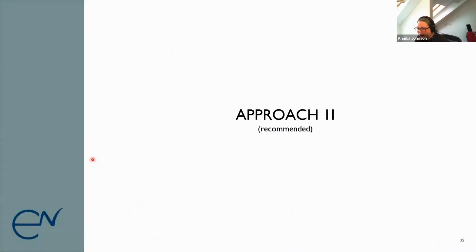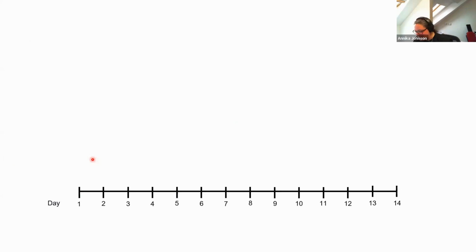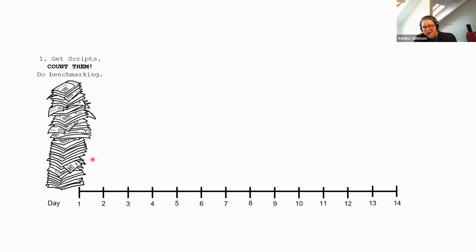So how would I actually suggest doing it? How do I try and do it these days? So approach 2, still a 14-day time period here. The first thing I do is I get the scripts in. And if they are physical paper scripts, count them, okay? Because you want to make sure that the number of scripts you've just signed for in the office where you pick them up matches the number you've actually been given. You don't want it to be your responsibility at the end if there was some missing in the first place. So with physical scripts, make sure you count them in